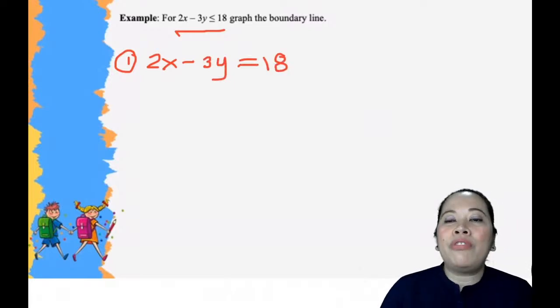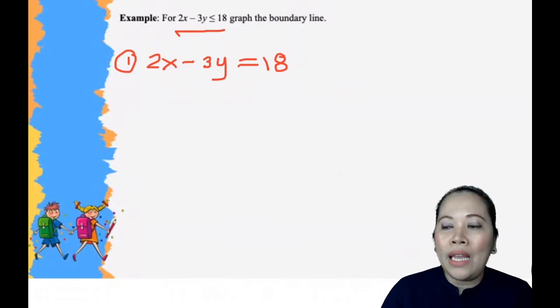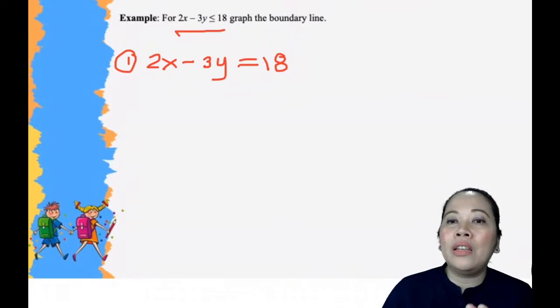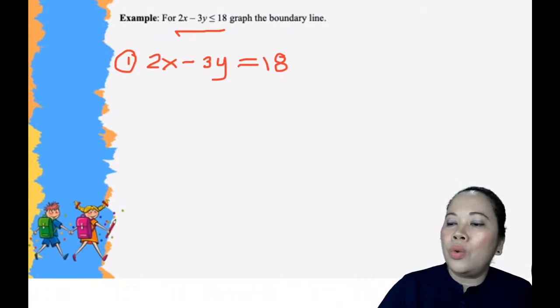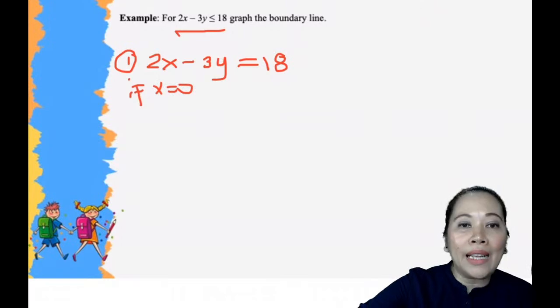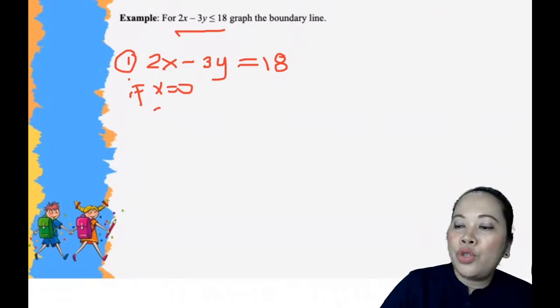And we know that for you to be able to draw a line, it must contain a minimum of 2 points or more. So the easiest way to identify the line is using the intercepts, the x-intercept and the y-intercept. So if x is 0, all we need to do is substitute x with 0. So you have 2 times 0,